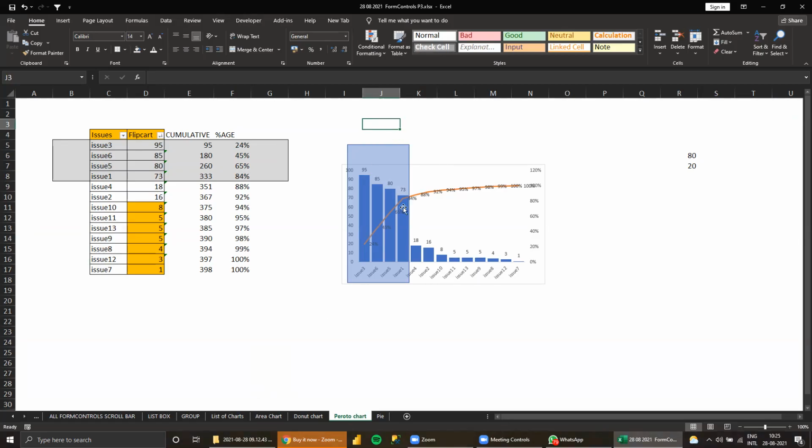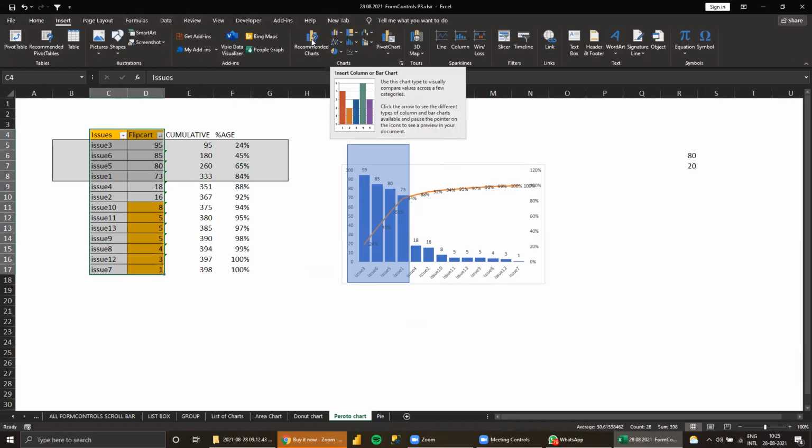It's a combo chart, which means a combination of charts: a line chart with a pie chart, bar chart, or line chart, like this. For this issue also, we can give a bar chart here. So just try whenever you have time.